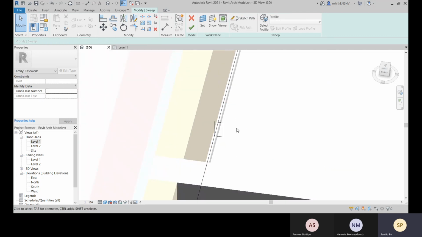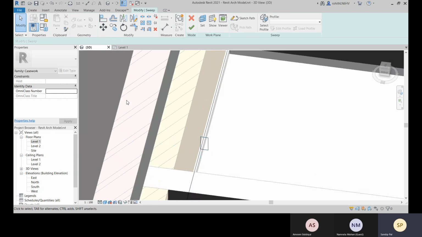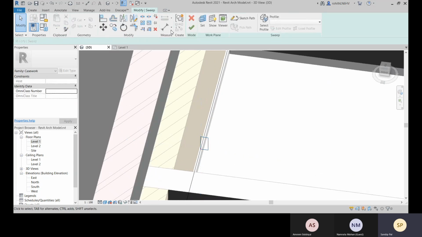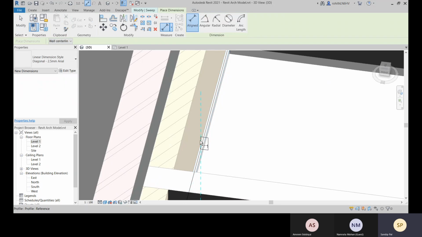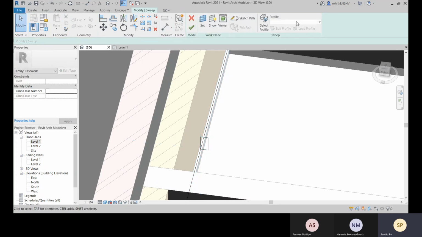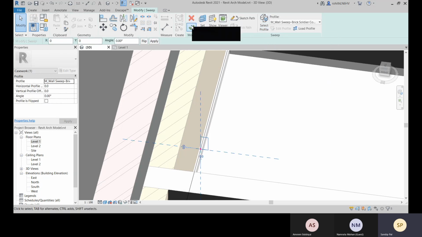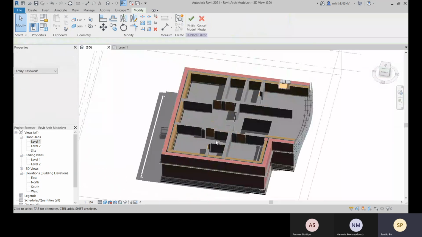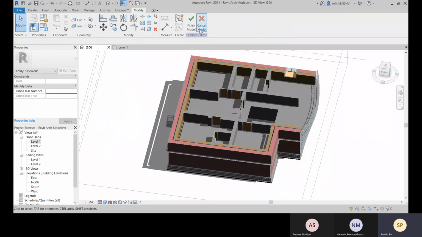For this profile cannot apply right now, you cannot apply the dimensions when you load the profile. Okay, so this is about your in place family.